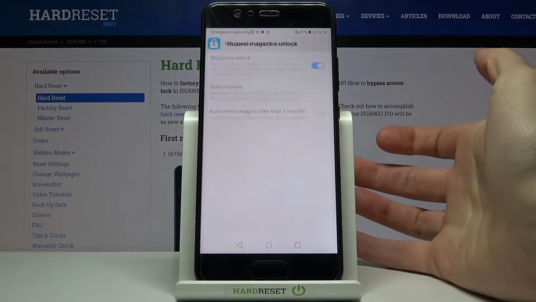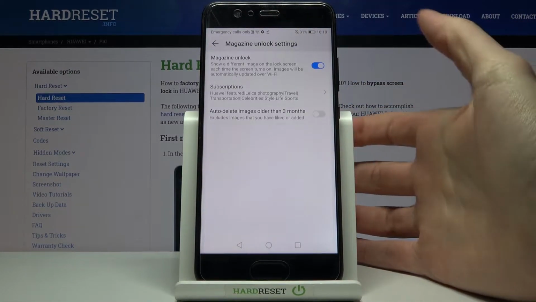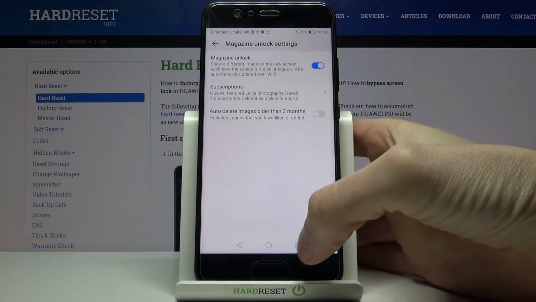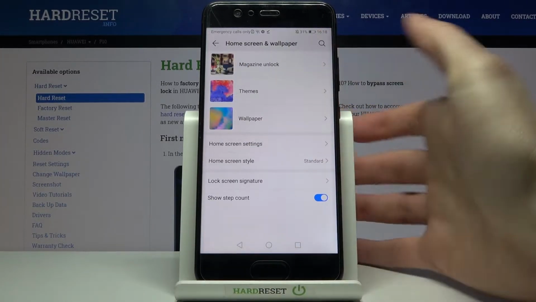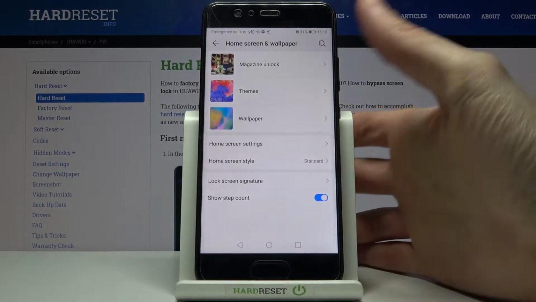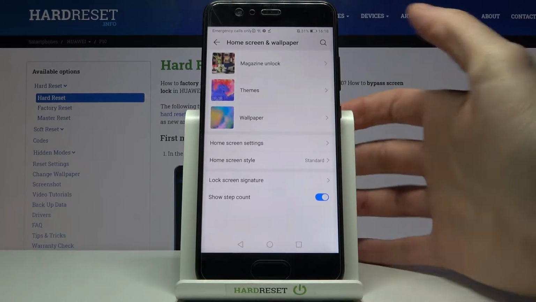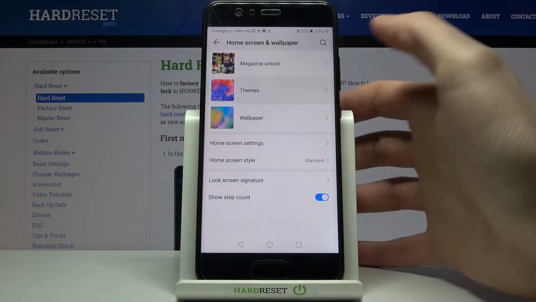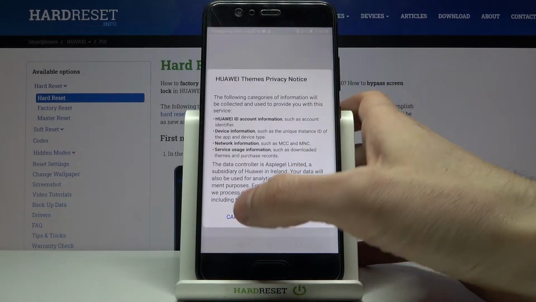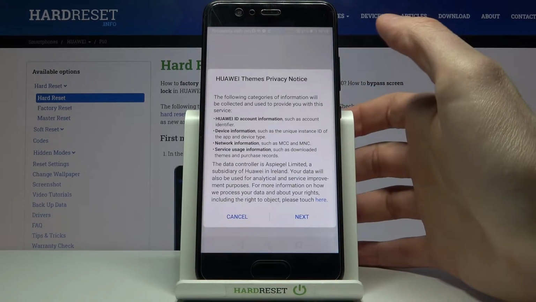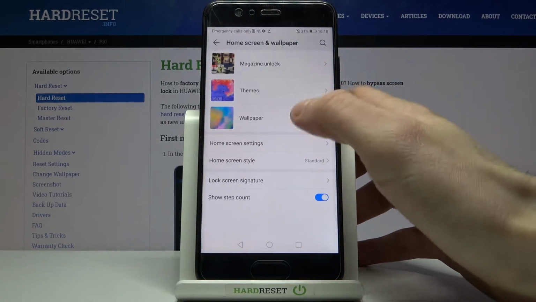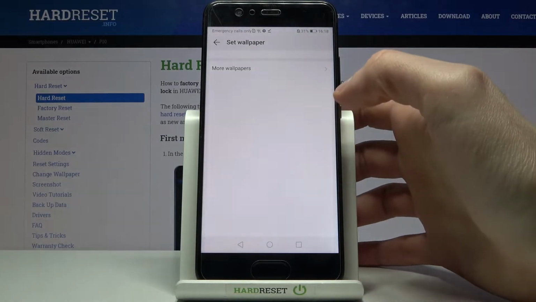For example, you can select one of the magazine unlock settings, like some kind of different themes which you will see every time you lock your phone, and there will be different images. You can select one of the themes which you have to download from the internet, I guess. You can select one of the preset wallpapers,